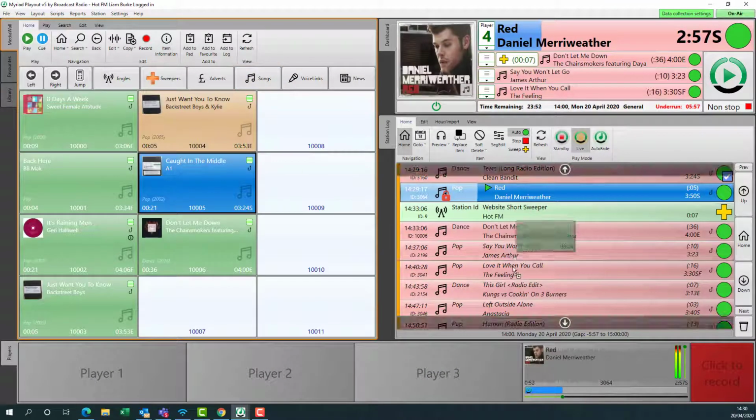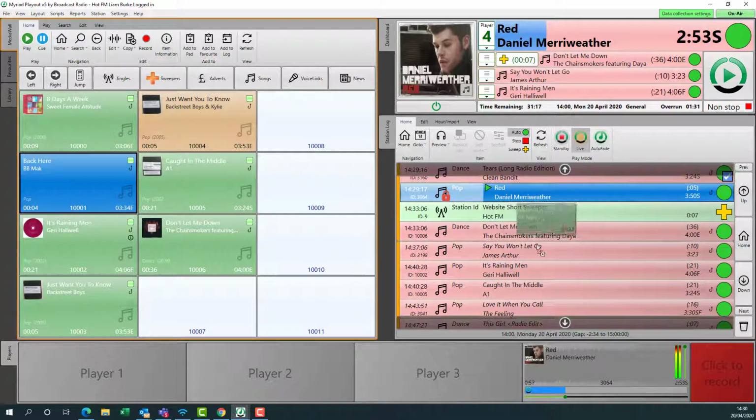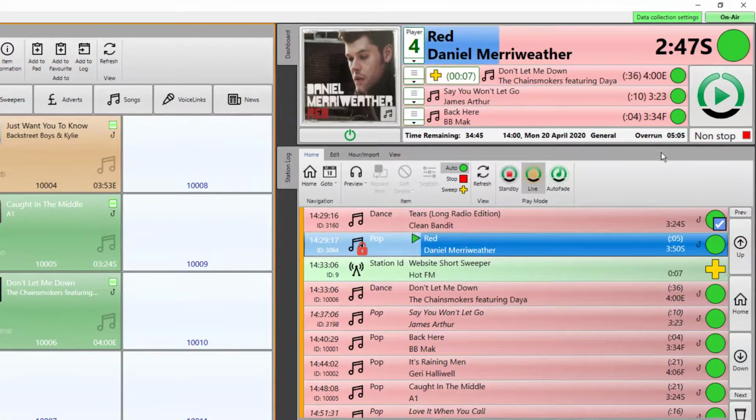Now, if I add in some more songs, we can see the underrun becomes an overrun, as we now have 35 minutes worth of content and only 30 minutes to fit it in, giving us an overrun of 5 minutes. If we were in auto fade mode, this overrun will be nailed at 0, as Myriad will handle both over and underrunning hours. Back in live mode,